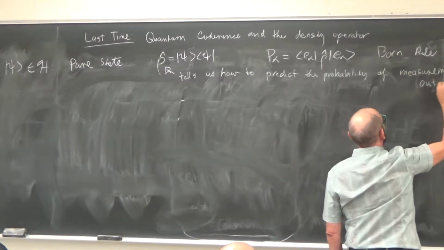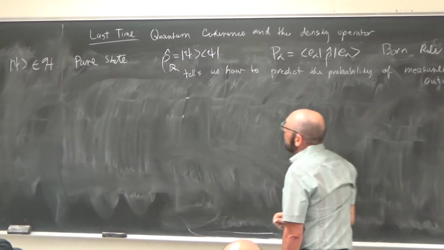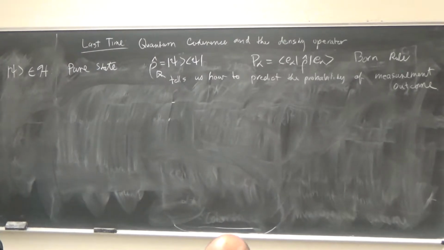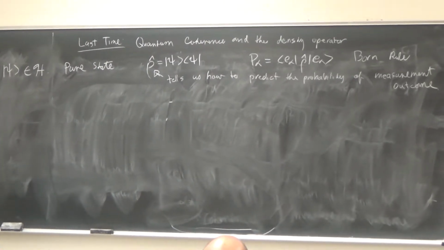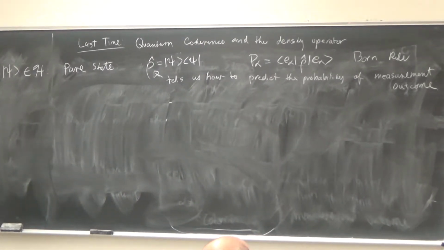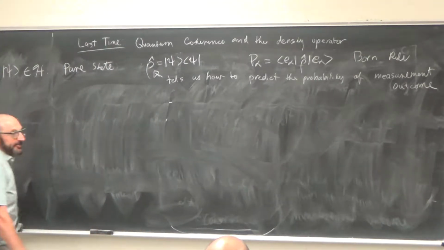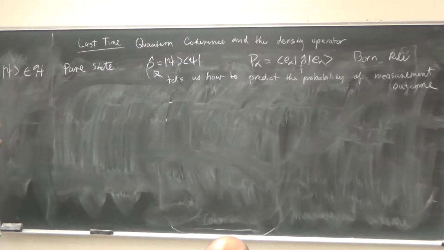That's what the Born rule is. And that's all the quantum state is. It's a vehicle for calculating the probability of measurement outcomes. Okay. Now, let's bring up something. Let's suppose